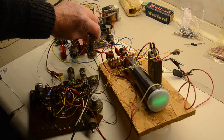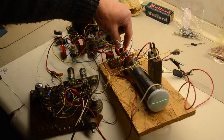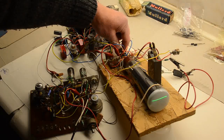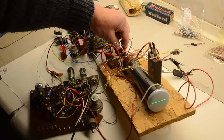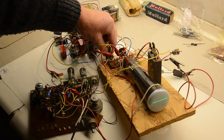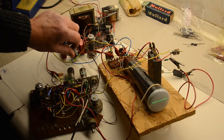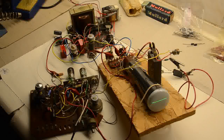This one is the focus. This is a shift. This is the Y shift, and this one's the X shift. So all is working well there. Let's turn that brightness down a little bit. So let's turn on a little bit of